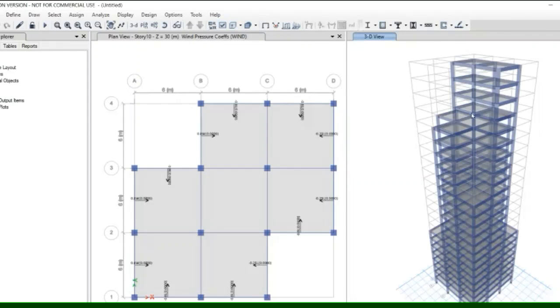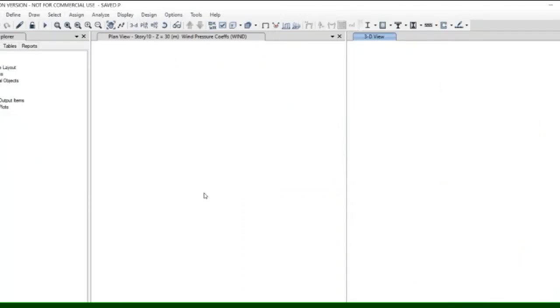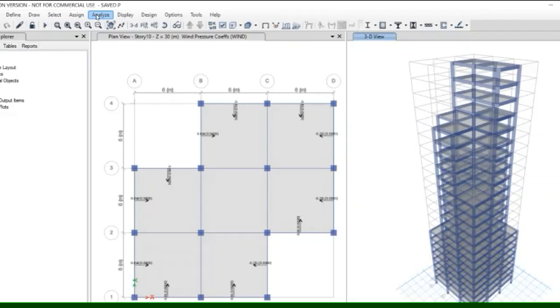You can click on extruded option to see the structure like this. Before analyzing, save the model and go to analyze and run analysis. It will take a while.